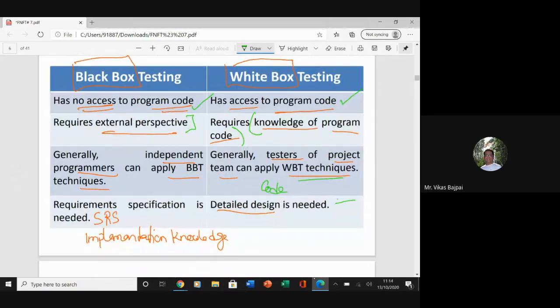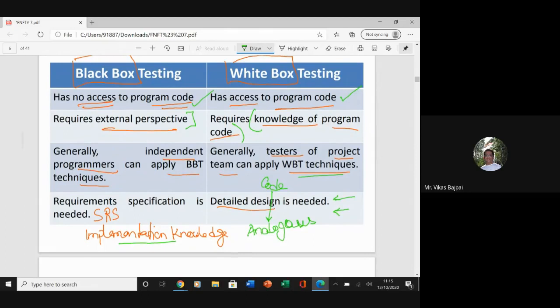Here I need the detailed design as well, because I need to check whether my code is analogous to the design documents or not. So this kind of thing I need to take care of, especially in white box testing. And here I need implementation knowledge as well. It's a minor spelling mistake.